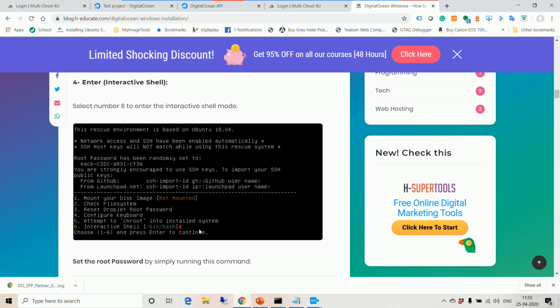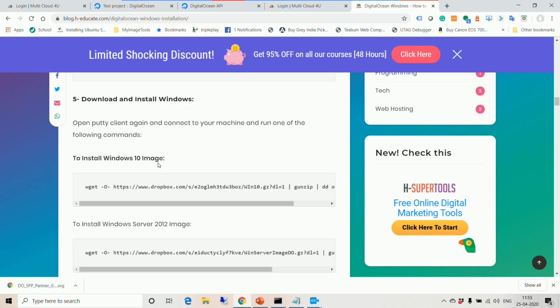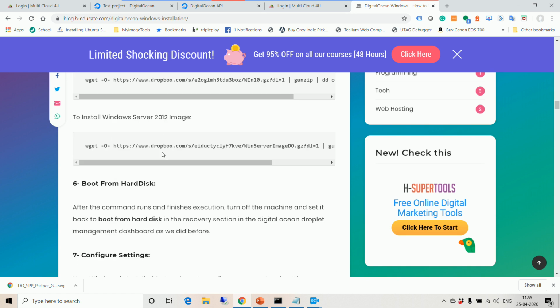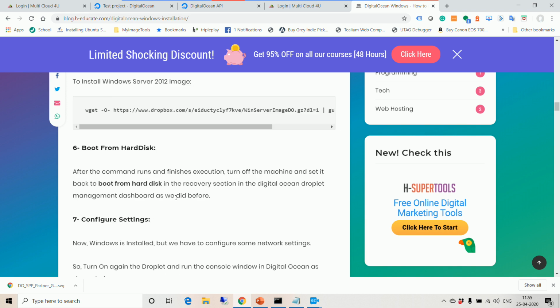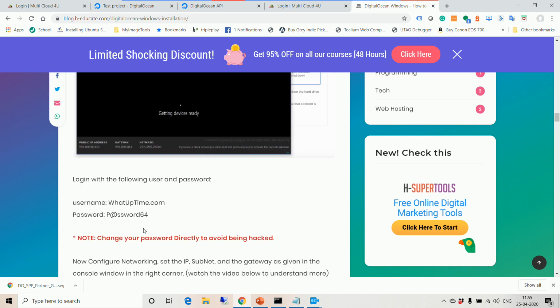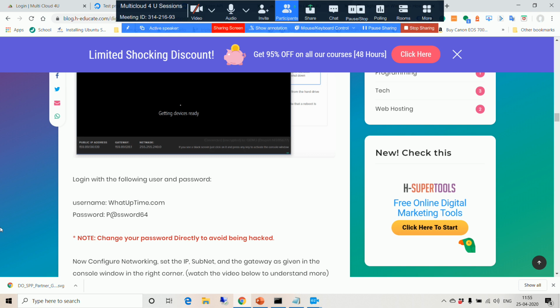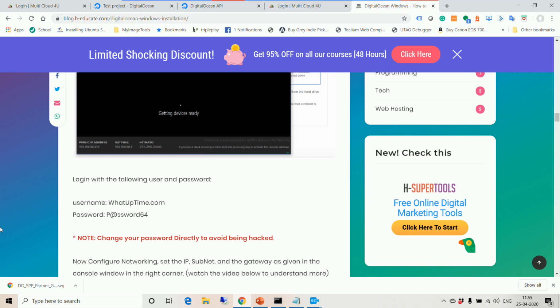Enter the interactive shell. Once you're in the interactive shell, download and install Windows. Once Windows is there, boot from hard disk, configure settings, and done. You are able to run it. So through Linux also there is a way to work on a Windows server here. I will give you this as a task before we do the next session on DigitalOcean next month.